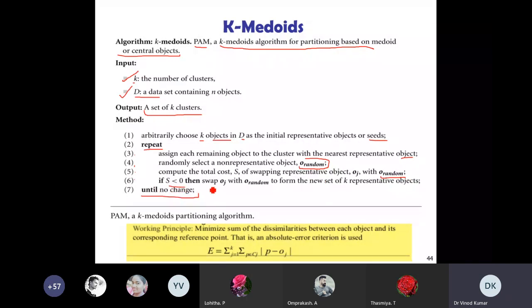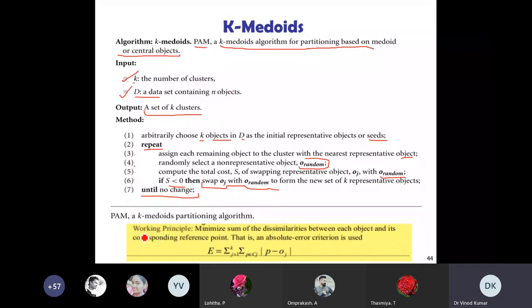If S is less than 0, then swap Oj with O random to form a new set of K representative objects, and you continue until no changes. If changes are no longer happening, then you can stop. So this is the method to perform K-Medoid.